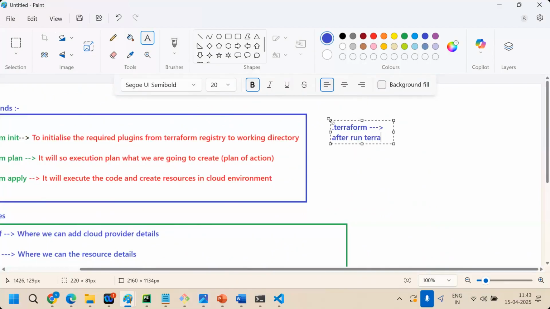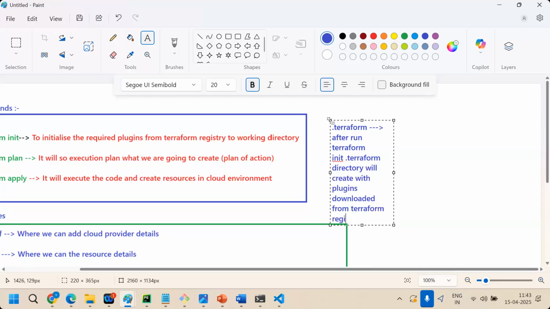After you run terraform init, the .terraform directory will be created, right or not? It is created with plugins downloaded from the Terraform registry. Basics are very important.